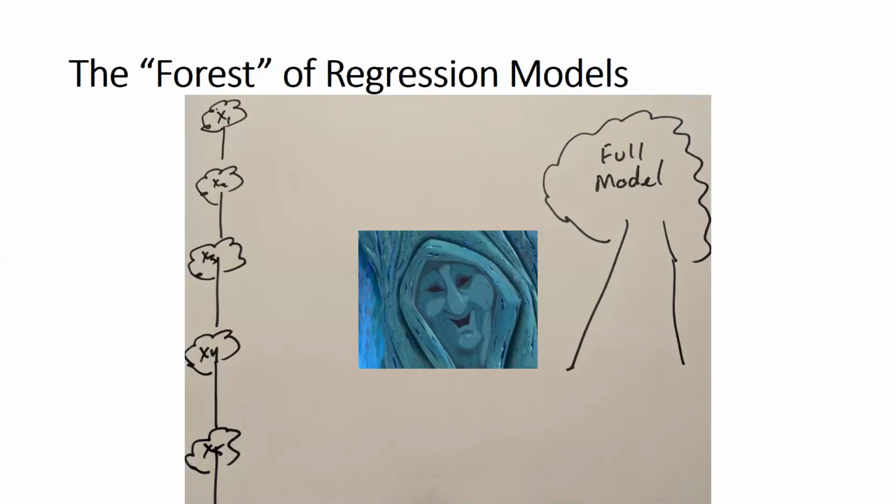So the trick in multiple regression is to adopt strategies to navigate the forest in a way that leads you to good models, no matter where you start, or perhaps to different good models depending on where you start. So that's one important analogy to communicate, is that you need to be able to navigate a forest, and the forest can get a little bit scary.